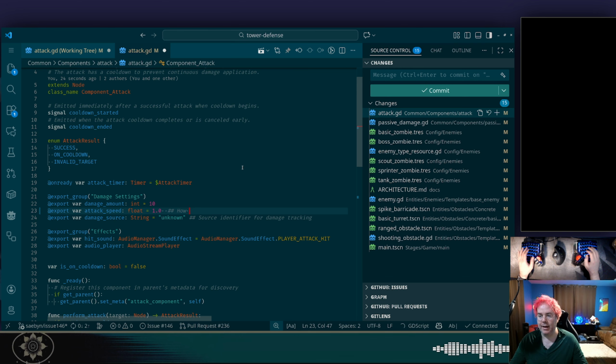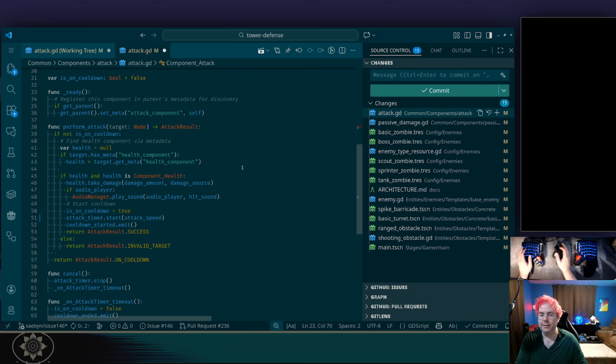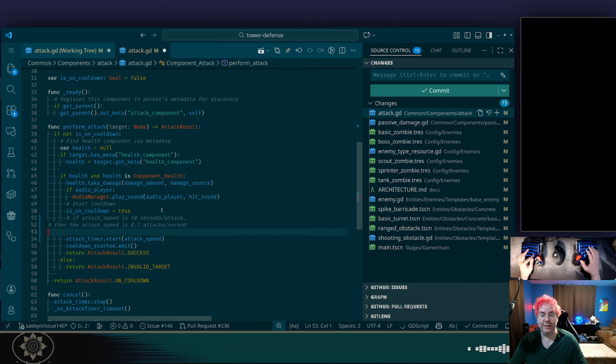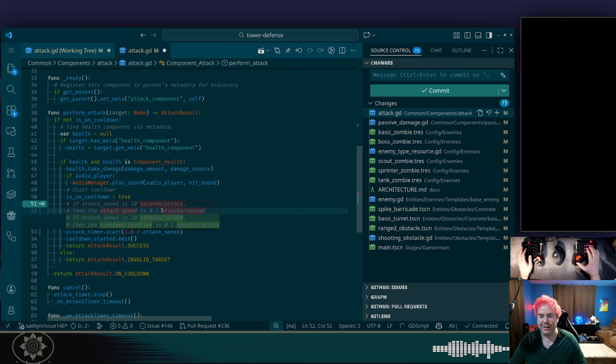This is how many attacks per second. Right, and then what we want to do here is that comment that I cut. Yeah, well, okay, I did want that there, but I was trying Copilot to go there to indent the line. If attack speed is 10 attacks per second,